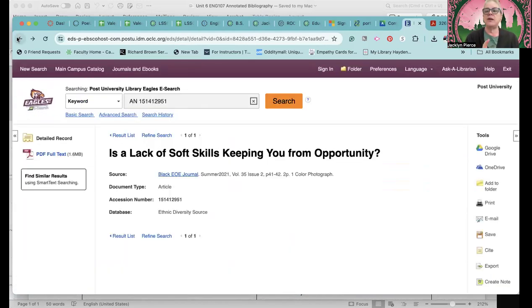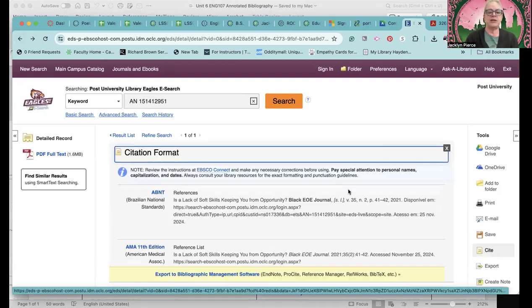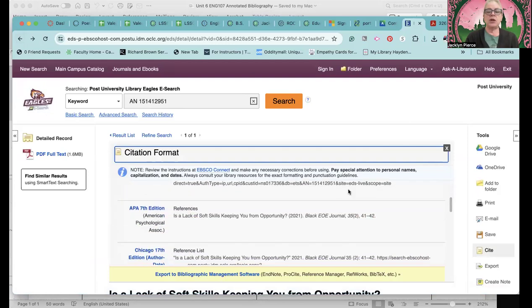Now, when you are using library resources, one of the biggest benefits of the library, in addition to having, of course, good information, is that we have a citation provided. Now, you can use the one, you can just copy what's in the